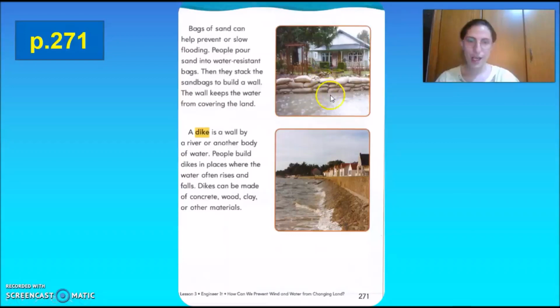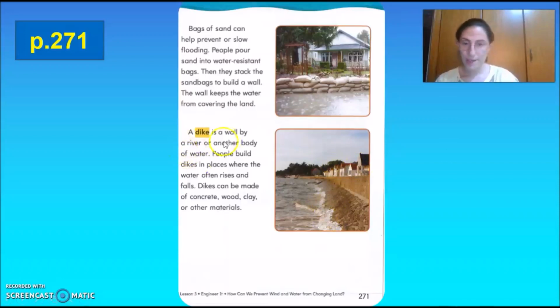Great. And you're going to watch a video about how people get ready for flooding or protect their houses from flooding, in a video attached in the instruction sheet under sandbags. Clear? Now, what about the second picture? As we said, we see a wall by the water. Let's check why the people built these walls next to the